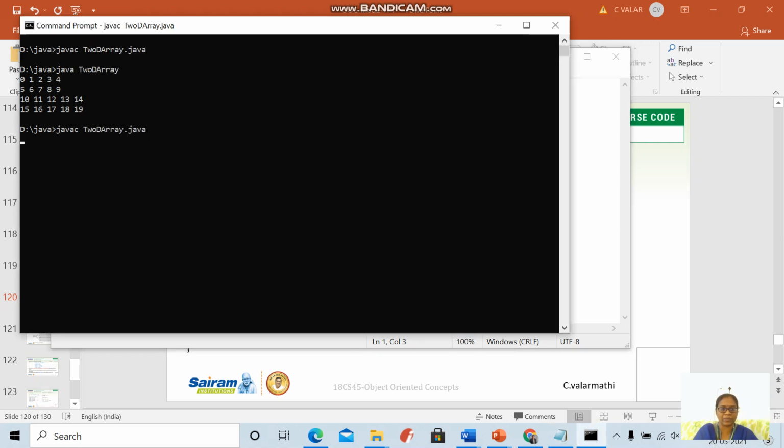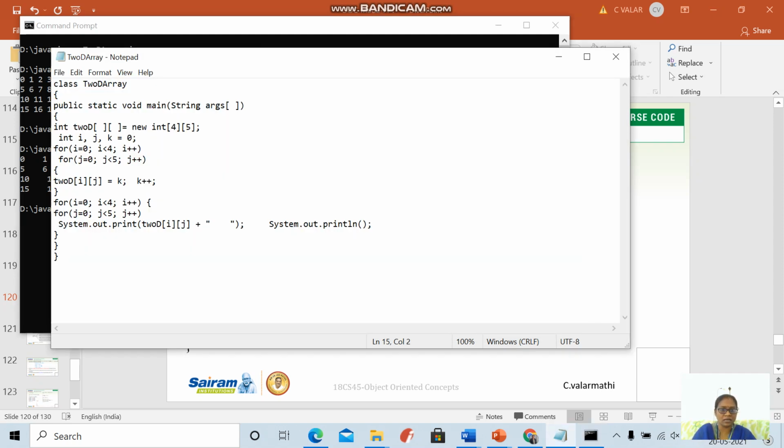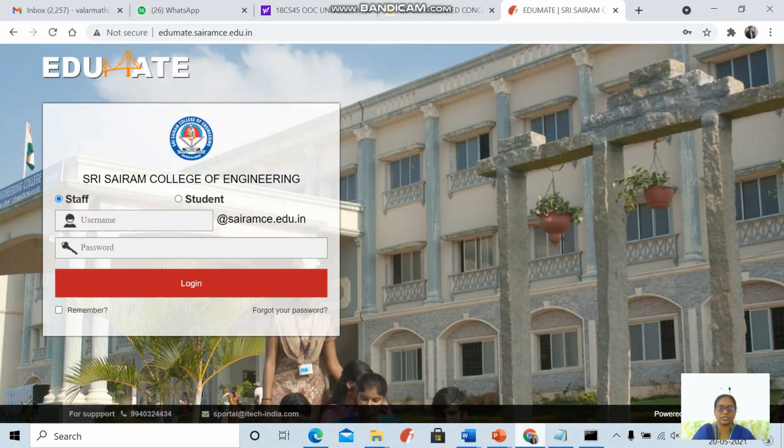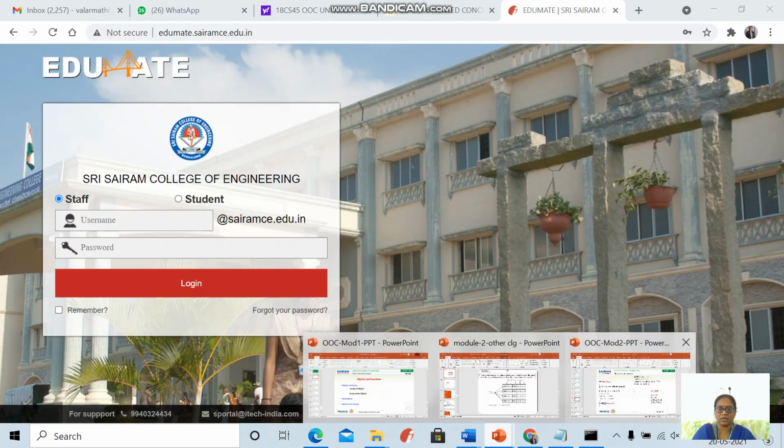Once again I should compile it after the updates. It is successfully compiled. Then I am using the same command. You can see the outputs of both. Here only one space is given. Here I gave one tab size, that is nothing but 4 spaces. Likewise, you can write your program and see the changes in your Java program, to explore and enrich your knowledge in Java.